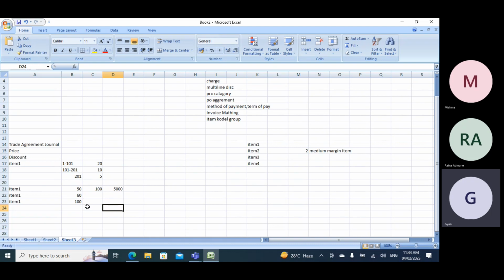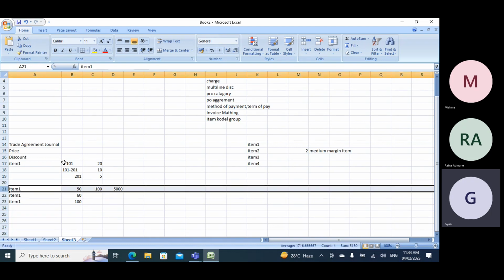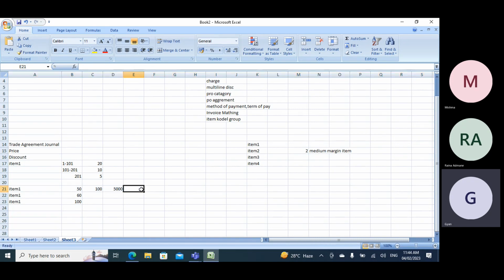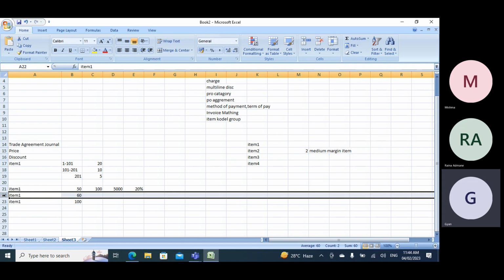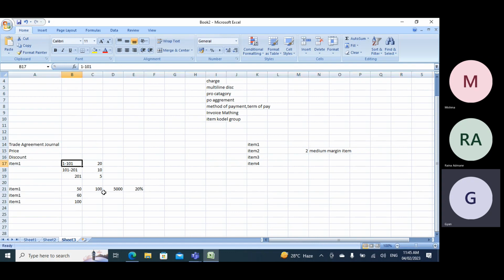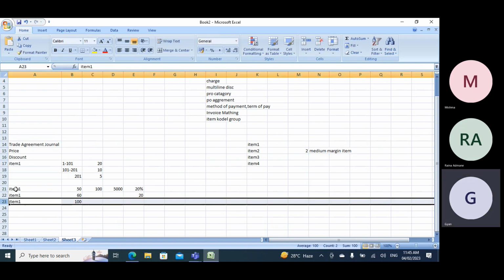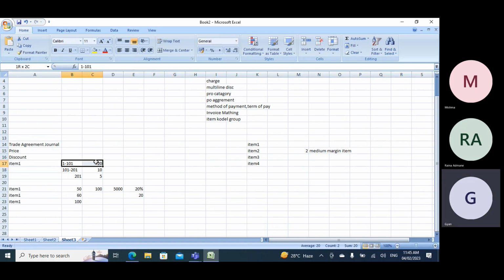So line discount, what happened? First item, it will check which category is coming. This category is coming, right? So 20 percent it will take. Again the second item, which category is coming? First category, again 20%. Third item, same item, which category is coming? First category, then 20 percent. Got it? So that means same item,